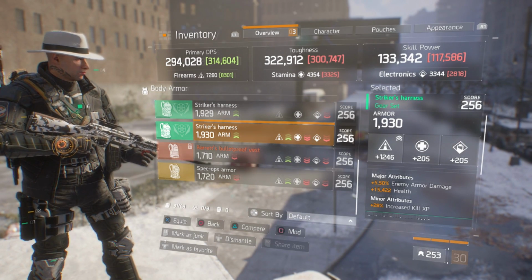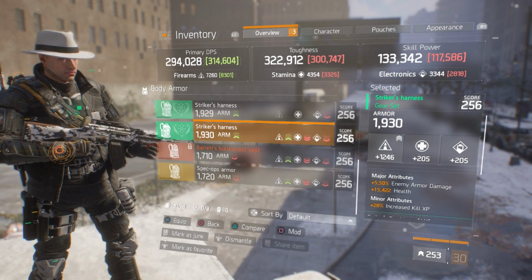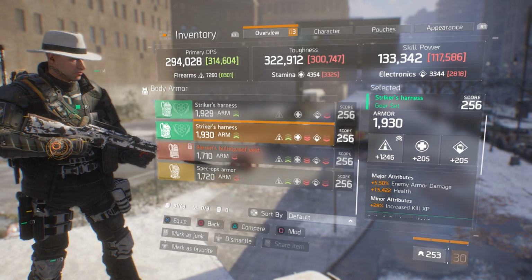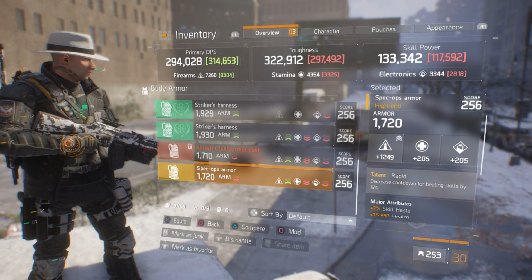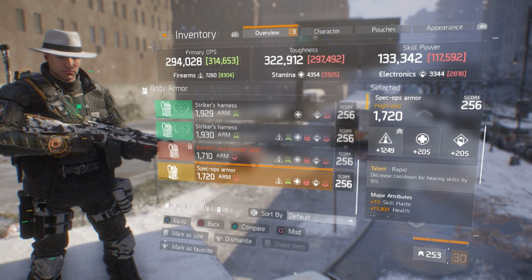Also, I have this one if I want to completely stack nothing but firearms and go all out complete damage, then I can add another 5.5% enemy armor damage. And it has a good armor roll on it, and it has health. Also, you can use a Barrett's chest piece or a rapid chest piece as well with this, and swap it out with the